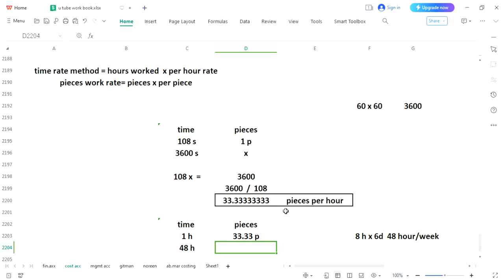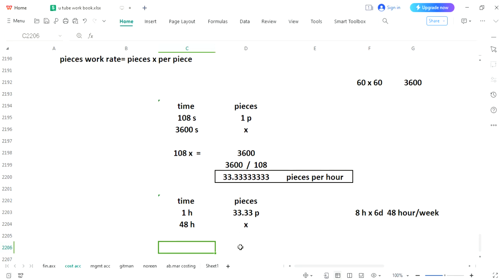So these are pieces for 1 hour. In 1 hour, 33 pieces are made. In 48 hours, that means hours per week, in the whole week, how many units would be made? This is our second standard. Again, we will apply a simple accounting principle: cross multiplication. X would be multiplied by 1, so X alone would be here. And then 48 would be multiplied by